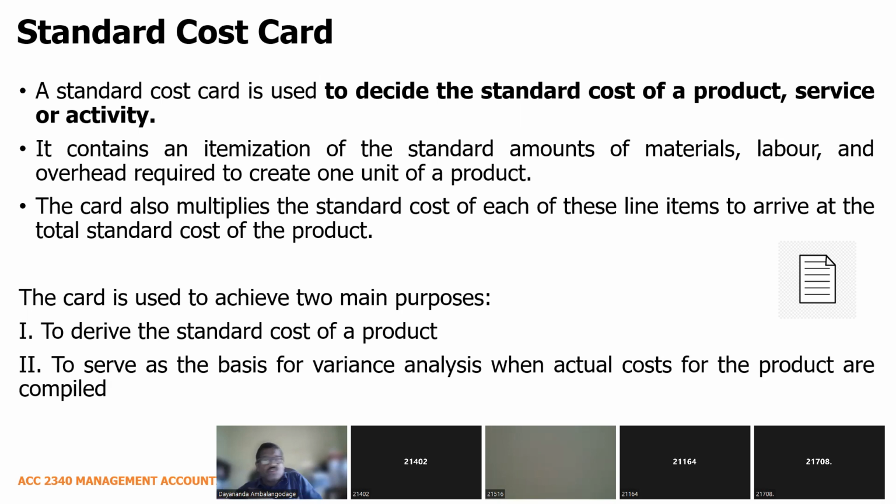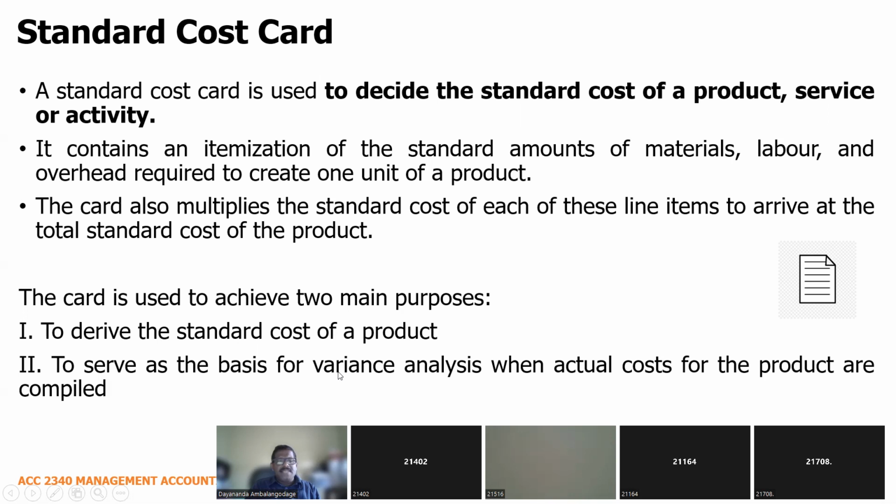If it is a service-oriented organization, you may prepare a standard costing sheet based on your standard cost card information. The card multiplies standard costs of these line items to arrive at the total standard cost of the product. The card is used for two main purposes: to derive the standard cost of a product,